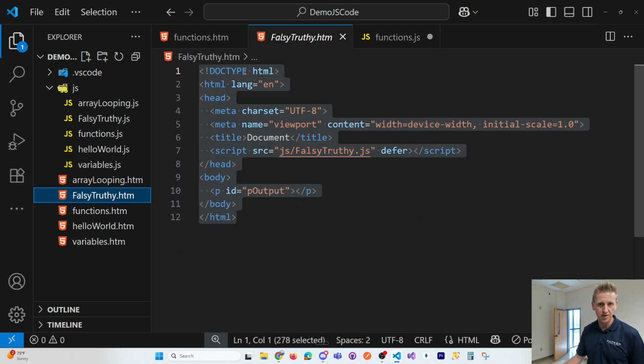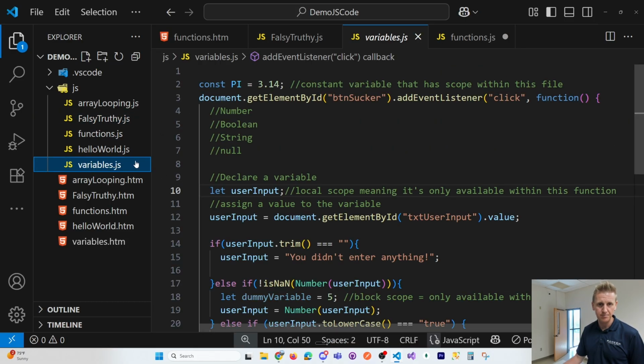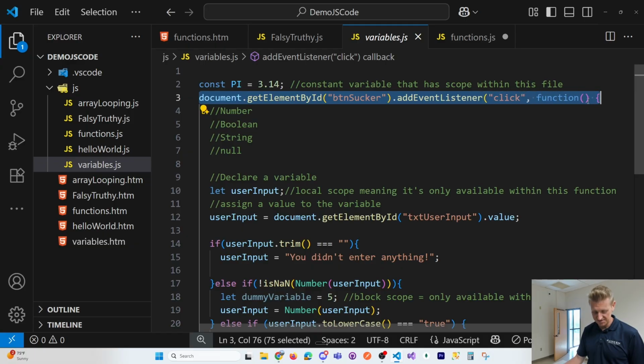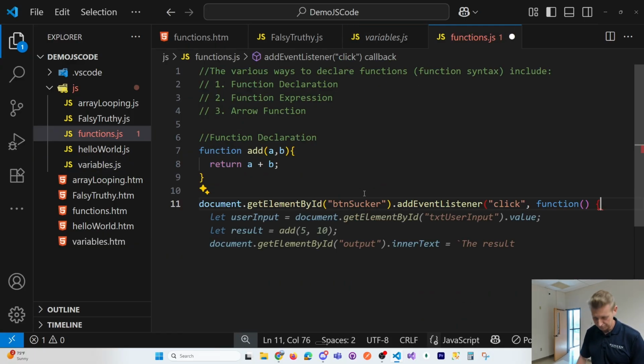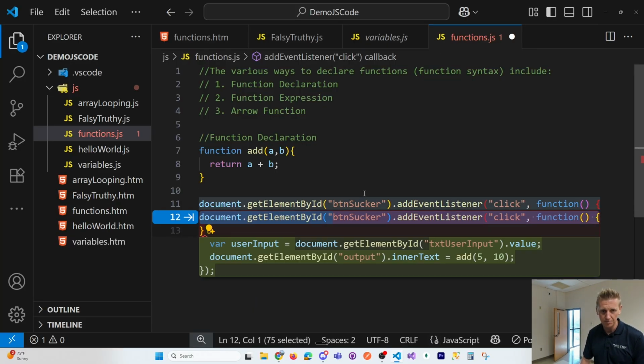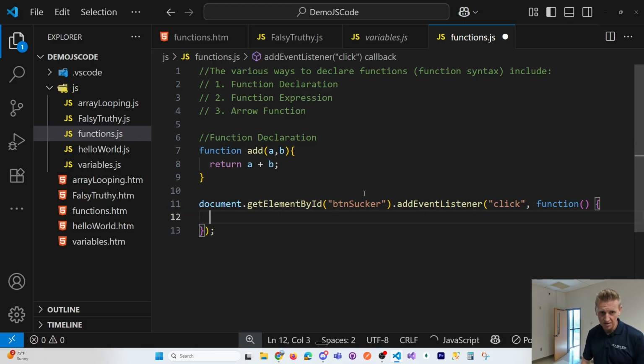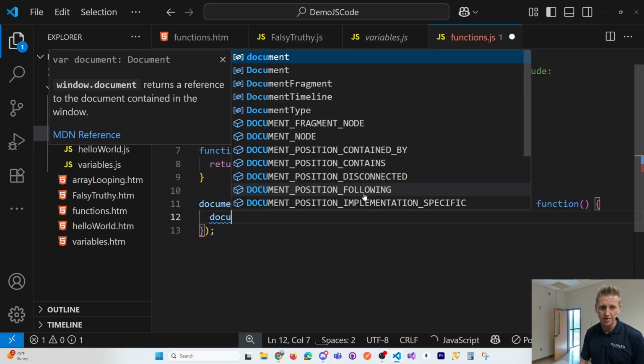Right, like we were doing yesterday, we can grab the syntax for an event listener, paste in, whoop. Let's close it. Now document